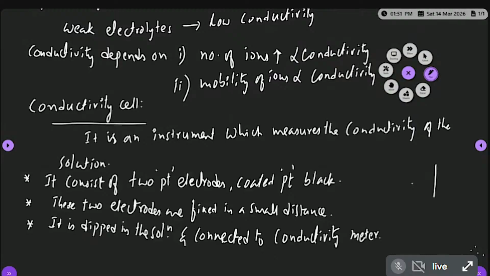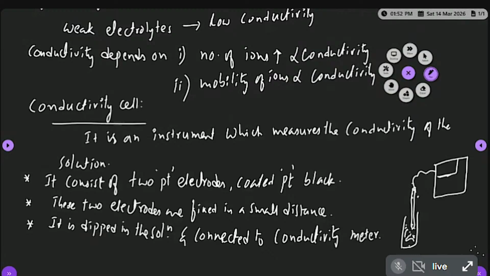So this is the conductivity meter. In a beaker we are taking a solution, and in that solution the conductivity cell is dipped, and this is connected to this conductivity meter. Here we have one display. In that display we can see the conductivity of the solution. So like a pen, when we dip the conductivity cell in the solution, that electrode is